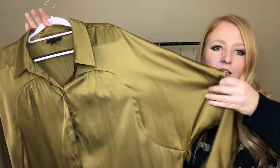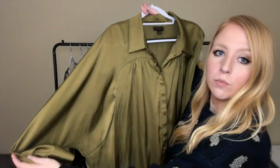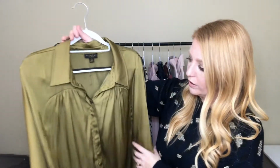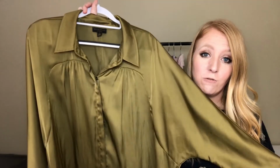The issue is, can you see this discoloration here? That's sort of throughout the item, which is really unfortunate. You can probably see a little bit on that side as well, but it's a really gorgeous top. The back does have this kind of split back detail. It's just really gorgeous, but I think it's gonna be worth sending this and the Maeve piece to the dry cleaner to hopefully get those stains out, because these would be worth so much more money if they didn't have those flaws on them. And this is called the Lustered blouse, and I have it listed right now for $29